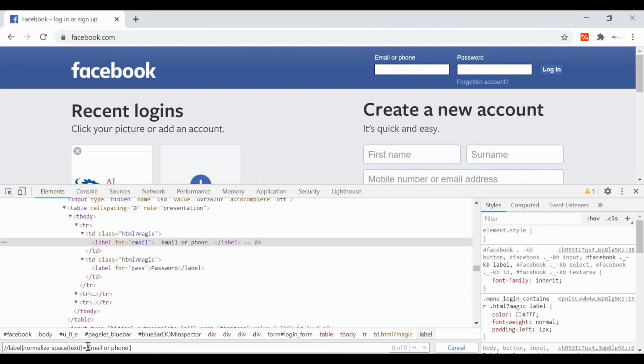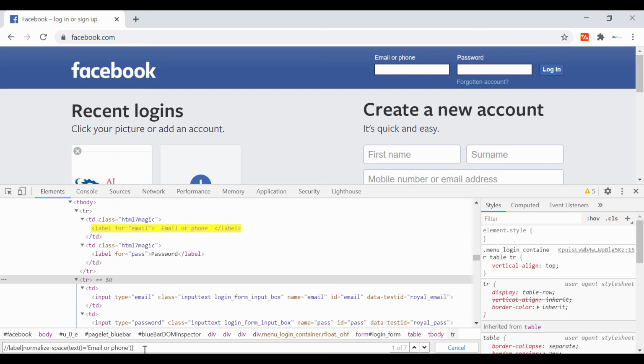Even though we provided the space, now it is able to identify our web element. Let me check it again. Something is wrong with the function. Oh okay, the position of this bracket should be after the normalize-space function. Now you can see it is showing 1 of 1.